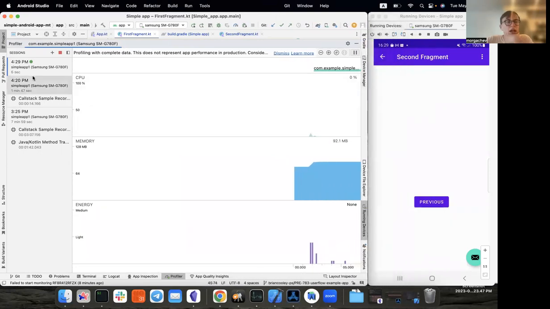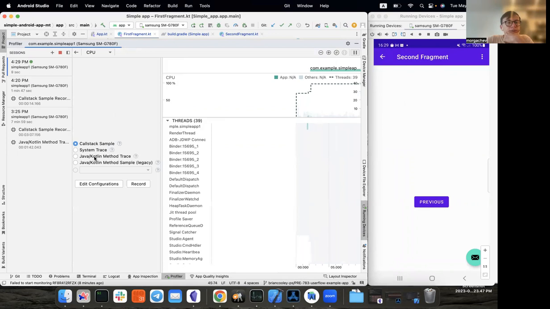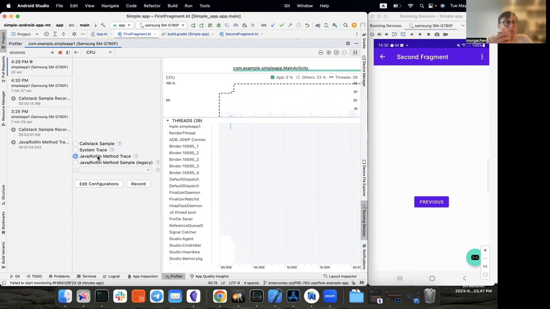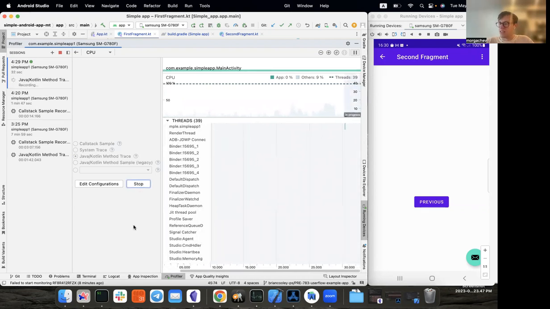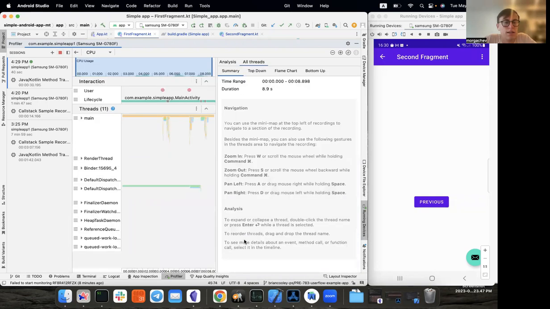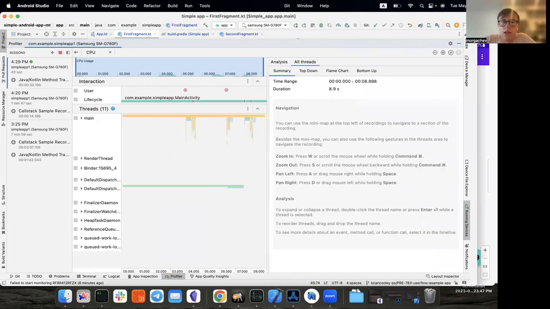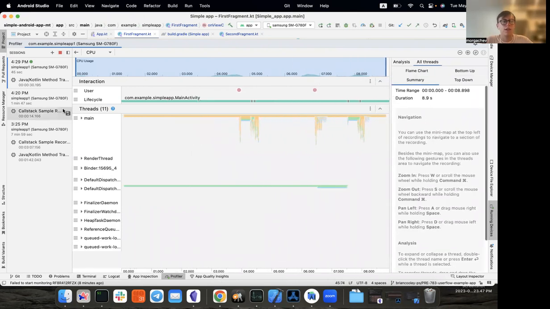Yeah, you have another tools approach. You can select Java/Kotlin method trace. It's an approach where Android Profiler automatically instruments all the code in your application for you, and you can just click record and start doing something in your app, for example, click on buttons, and then stop it. Android Profiler is parsing, and here we already see